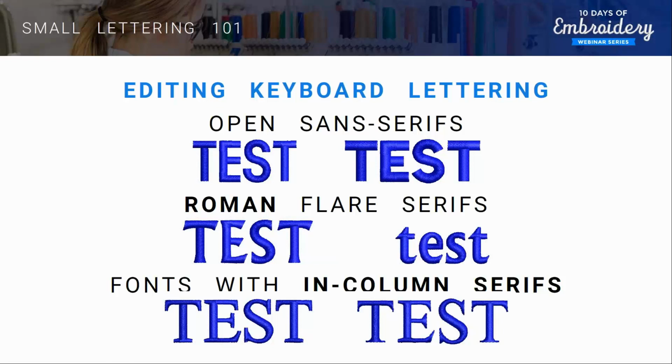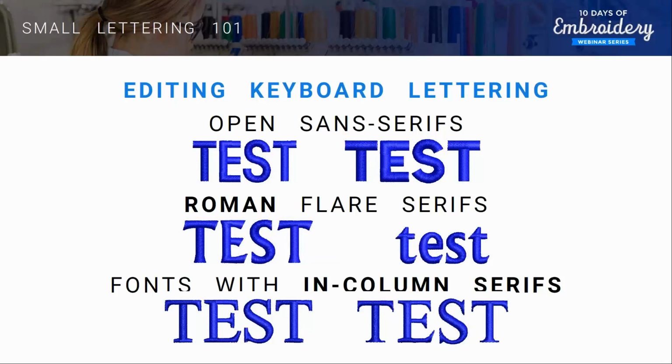for that safe space. And at the bottom there we have fonts with in-column serifs. The difference is, if you see on the left-hand side, we have a font where the serifs are split. If you look at the E and the S, the bottoms of the T's, those serifs are separate satin stitches. And if you look at the small ends on those serifs, you can see how very quickly, even at this size, we're dealing with a letter on screen. I don't know how big your screen is, but you can see how quickly that would be down to 1 millimeter in width. And when you start to get smaller than that, you're either going to have to expand the size of those serifs to keep them,